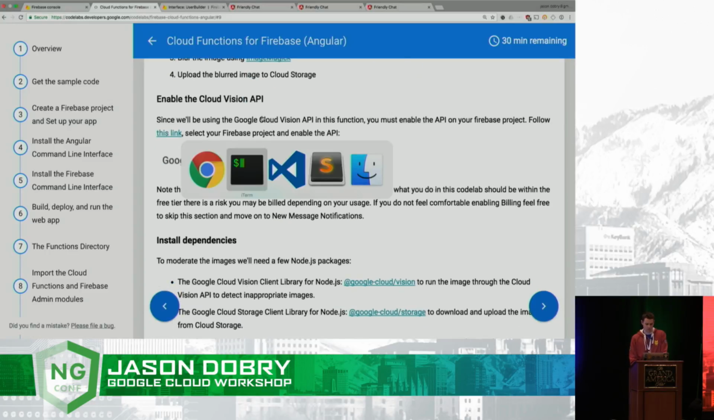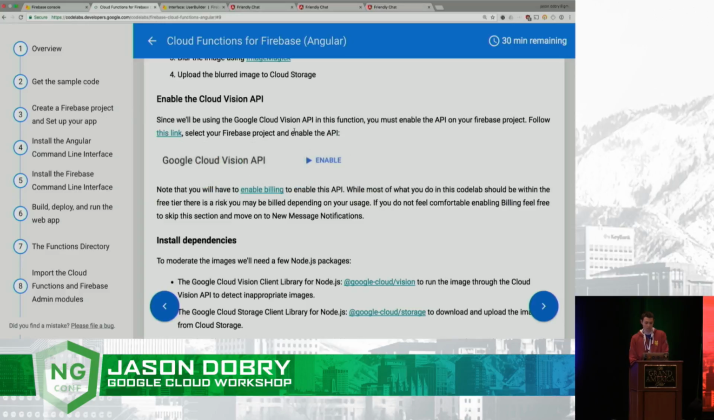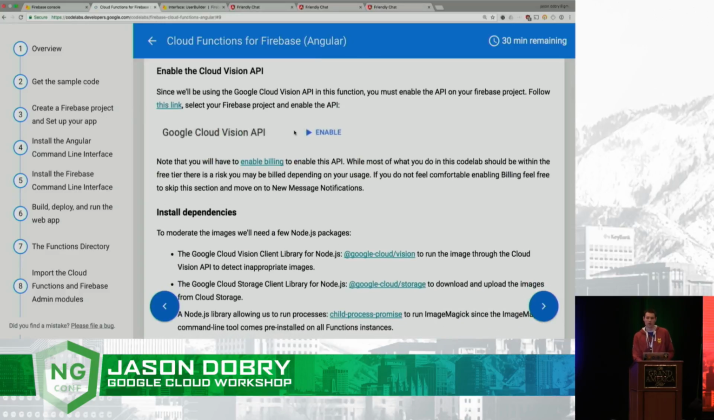So enable the Cloud Vision API. This particular API requires that billing be enabled. So heads up, if you don't want to enable billing, then feel free to skip this step and just listen. But it does require that billing be enabled. It's purely for fraud prevention purposes. So to do this,